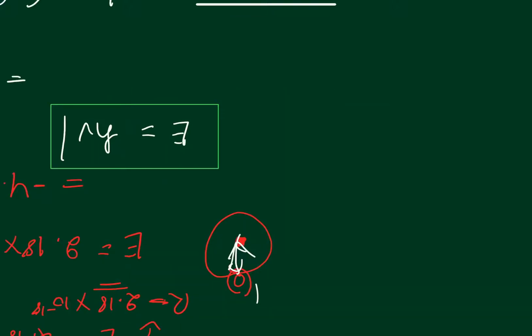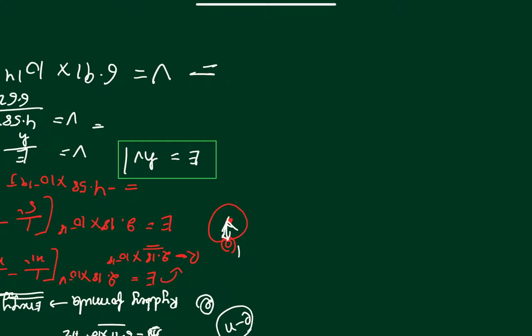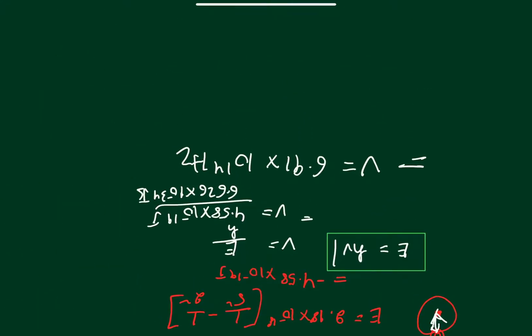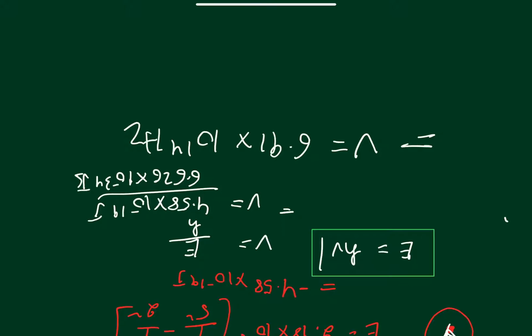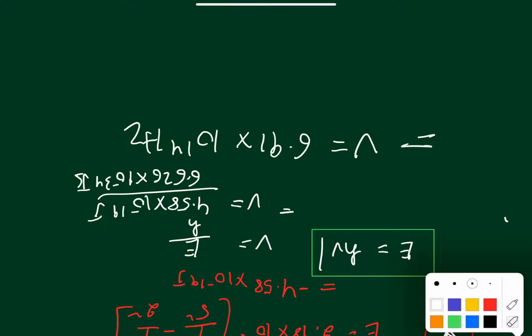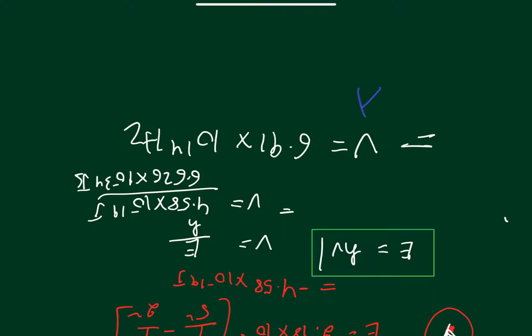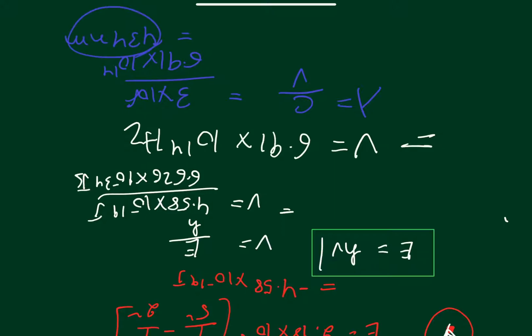Now you use your frequency wavelength relation. After getting the frequency, lambda is equal to c by nu, because nu is equal to c by lambda. So this lambda will be 3 into 10 power 8 divided by 6.91 into 10 power 14, and when you calculate this, you will get 434 nanometer. You will get lambda. That's the answer.